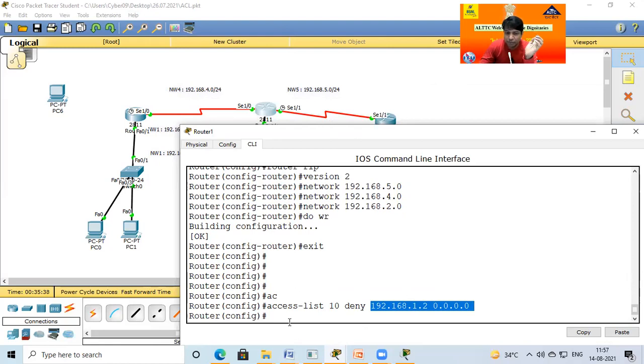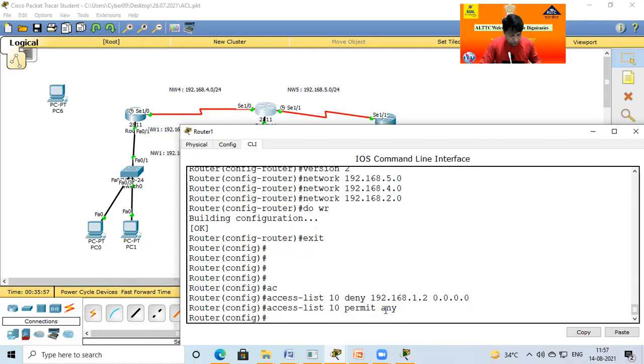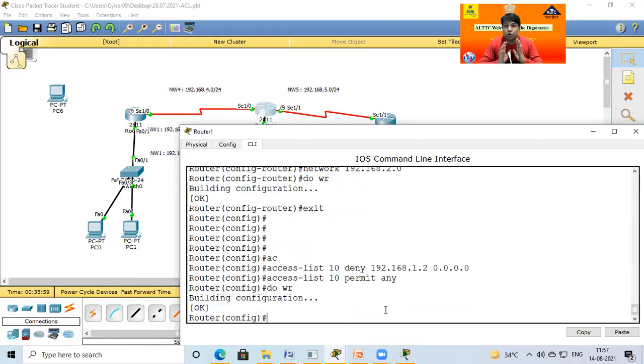I do not want a complete block, so I again find another line, access list, then permit. What permit? If I put one IP, only one computer is allowed. If I put any, then just leaving 1.2, all other 252 PCs may be allowed. Just do right. This is making the rule.